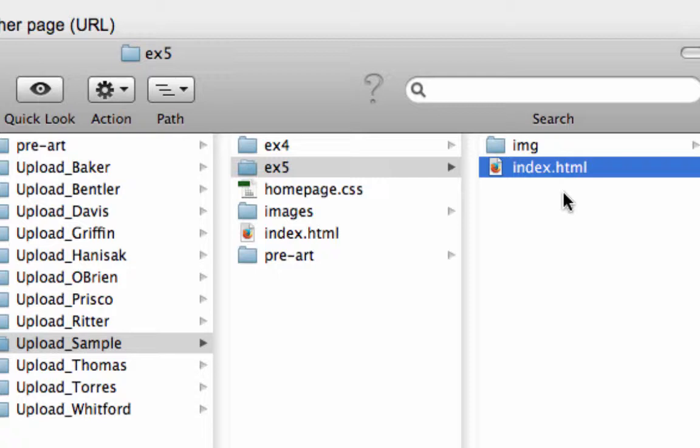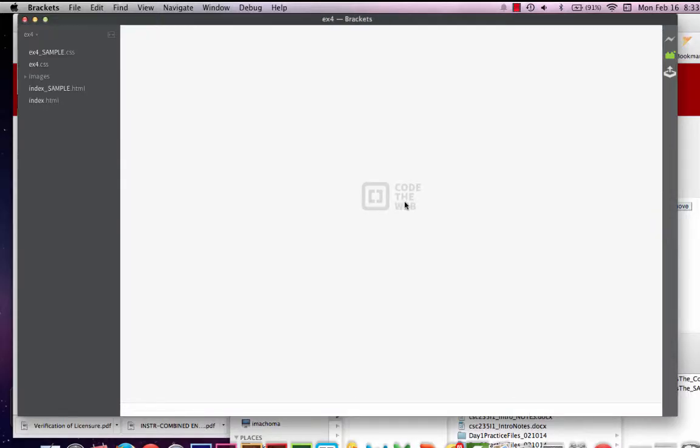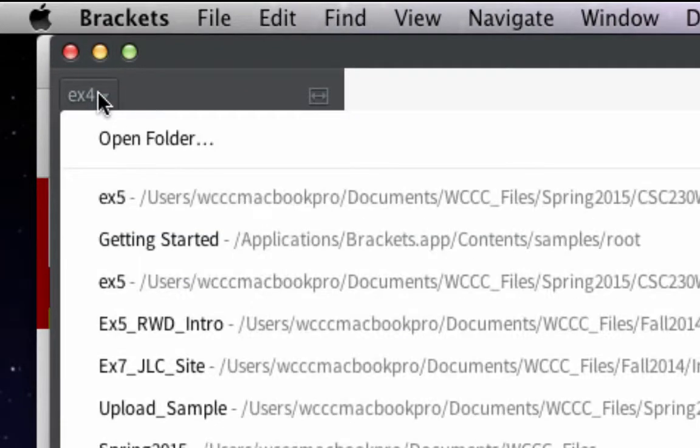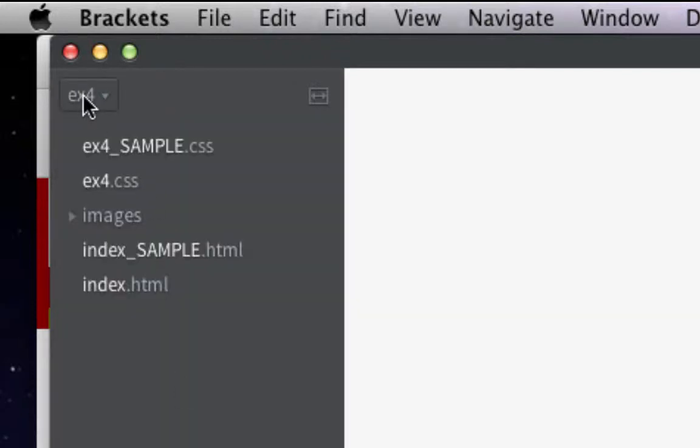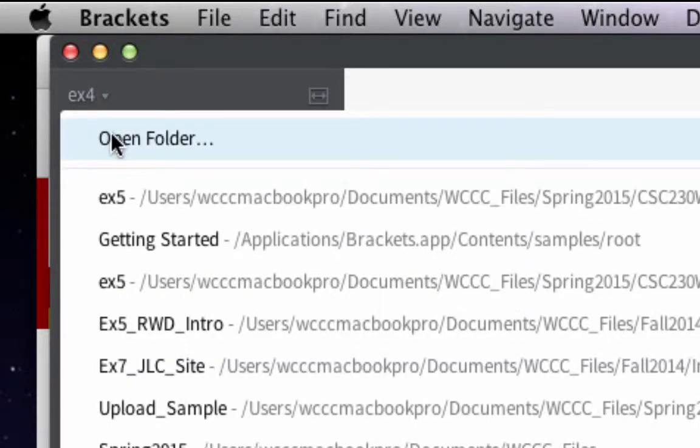The next part is going to be opening this up. When you go to Brackets, you may be seeing the EX4 folder. You may also see something called Getting Started if you put it back in that folder, but you're probably seeing your EX4 folder that's here right now. So if you want to open folder, go up here to open folder where it says ex4, if that's the